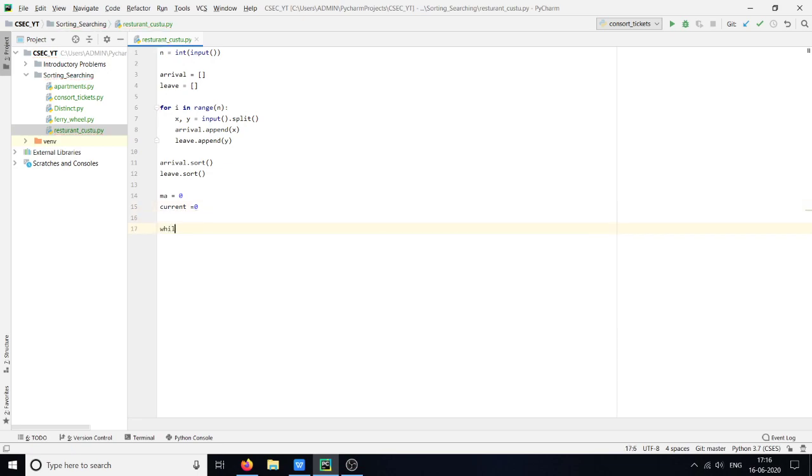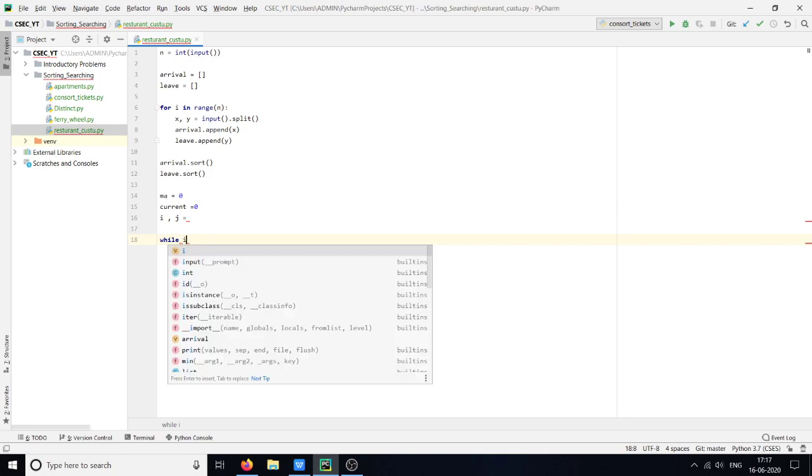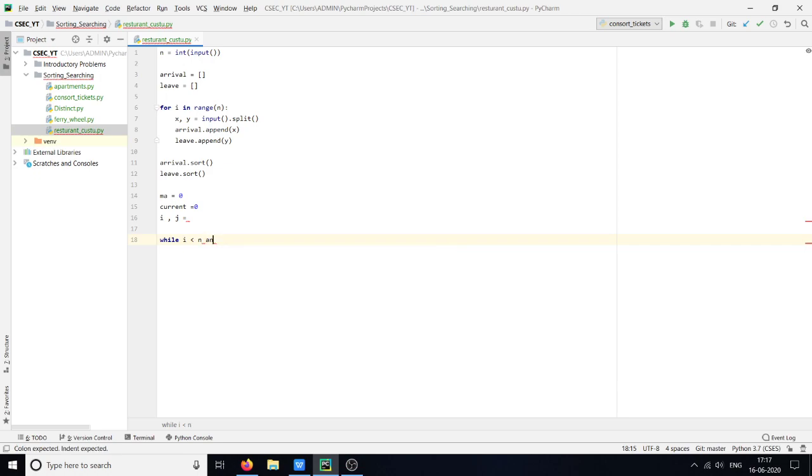Now we will take two other variables i and j for checking that each customer arrives and each customer leaves. Here we will use i for checking that each customer has arrived. When i will be equal to n, the total number of customers, then all customers have arrived, and when j will be equal to n, then all the customers have left. Hence it will ensure that we have passed through each and every customer's data. So while i is less than n and j is less than n,